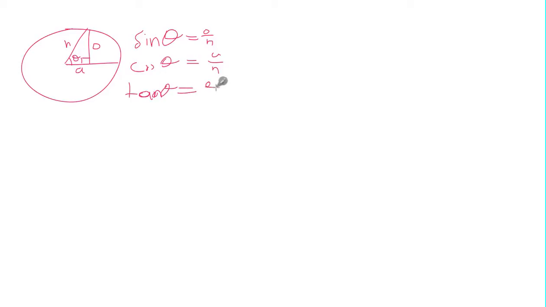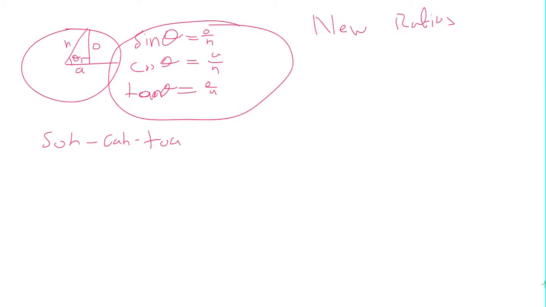And you know that is SOHCAHTOA, so let's put that up quickly. SOHCAHTOA, obviously sin, cos, tan. Now, in this topic, there's new ratios. And these ratios are the reciprocals of these ratios. Okay, so what we have is cosecant,